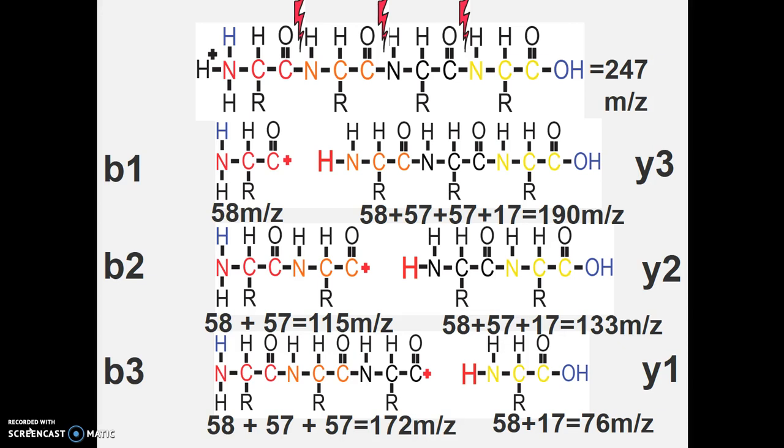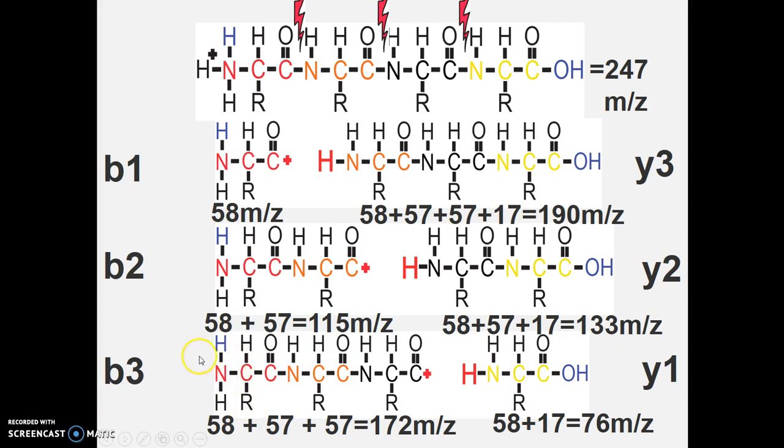Now we look at our B2 ions. Well, the first glycine is 58, right? It has that extra hydrogen, but then we go to regular residue mass. You add 57 to that, and that's 115 m over z. If you want to know what it actually weighs, subtract away a proton, it's 114. Y2, you have 58 plus 57 plus 17, and that's 133. You could just add all the residue masses together and add water as well, which would be 18, but I'm being really specific here. B3, which is down here,